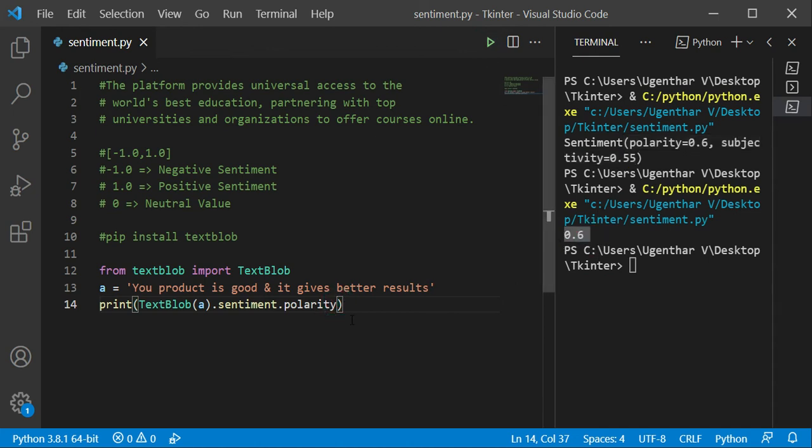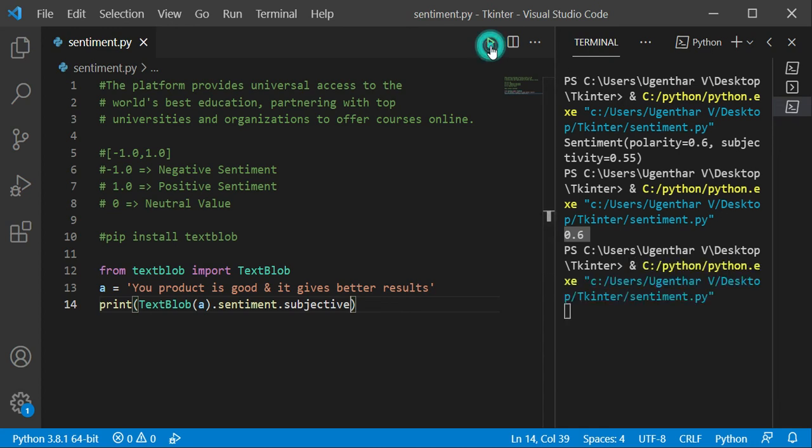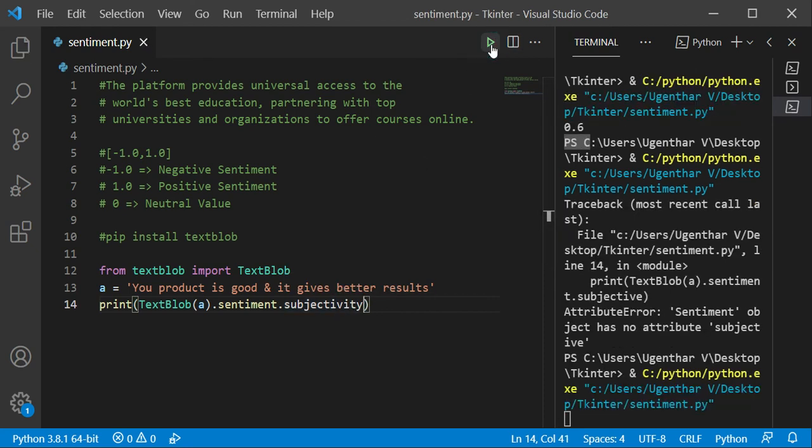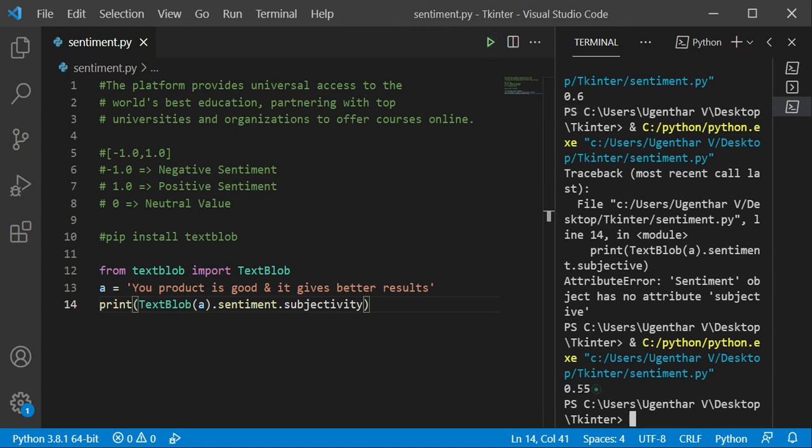If you want only the subjectivity, you can write like this: subjectivity. Now you can get the subjectivity.